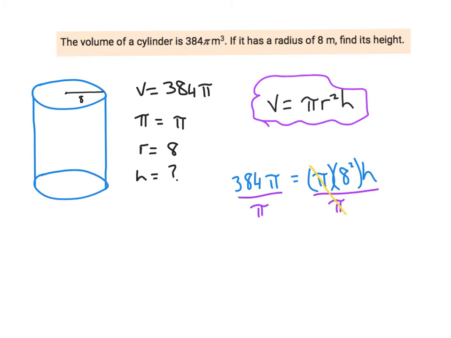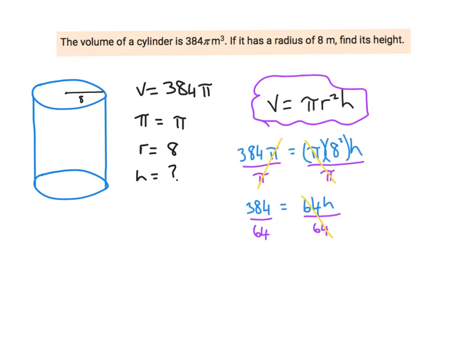Those pi's cancel, so that's very easy for us. So I have 384 is equal to, well, 8 squared is 64, h. So here to get h on its own, I'll also divide here by 64, which means I will also divide here by 64. So the 64 is cancelled and we're left with h is equal to